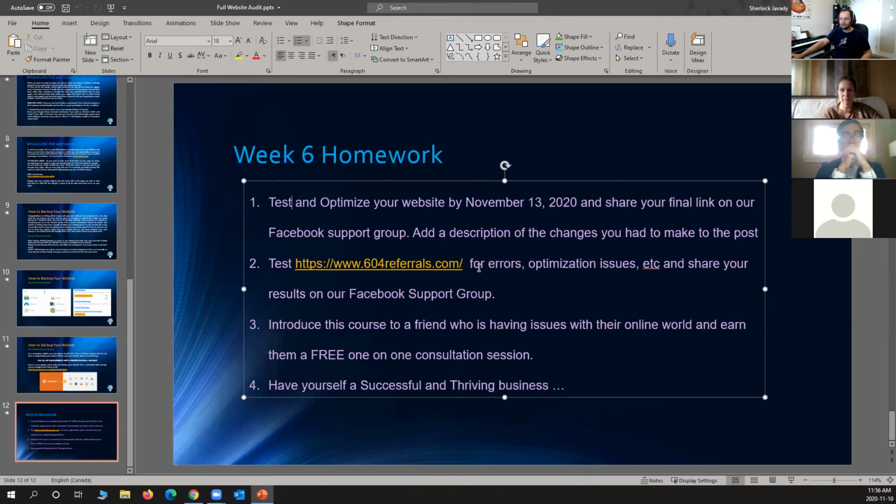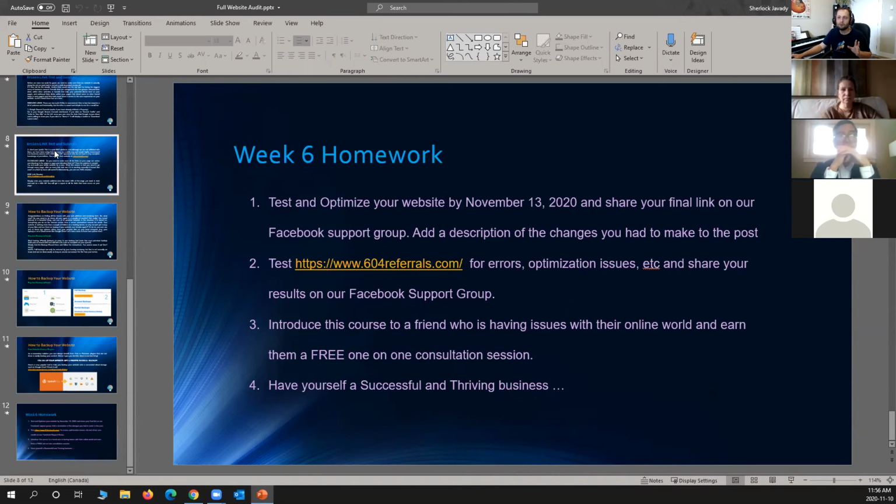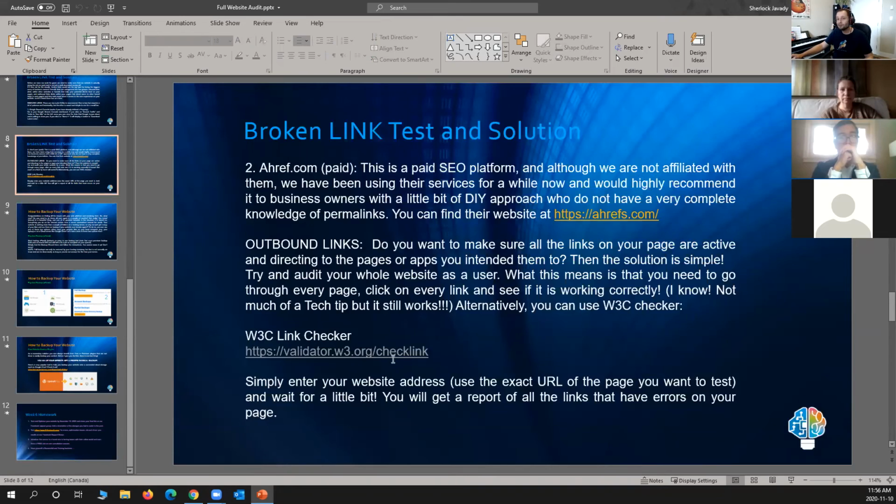Go ahead and search for errors, for issues, optimization issues, whatever, anything you can find, and share your results on our Facebook group. So quickly write, hey, I tested the page and this is what I found. Images are too large. This link doesn't work. That thing doesn't work, and so on. Again, remember, even the tool that I gave you with W3C, the link checker, only checks links. It doesn't check contact forms. It doesn't check email addresses that are in the body. Go ahead and test all of those yourself.